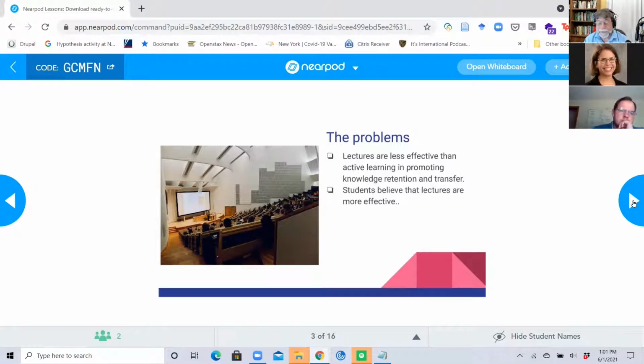The other part, though, is that students in pretty much every study believe that lectures are more effective. So that presents a bit of a challenge in that when we use techniques that are most effective, students often feel they're less effective. The most common response that anyone who's tried using a flipped classroom environment has received is